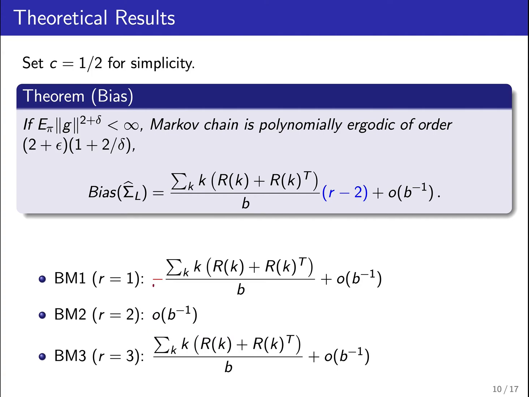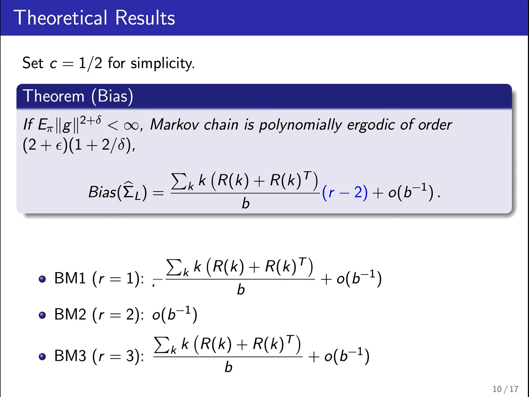If I choose R equals 3, then I get the same term as the batch means estimator, except it is no longer negative. There's no negative sign. The exact bias has been offset in the positive direction. So using R equals 3 allows us to enforce a positive large sample bias using this Lugsail family of batch means estimators. Of course, we introduce a positive bias,